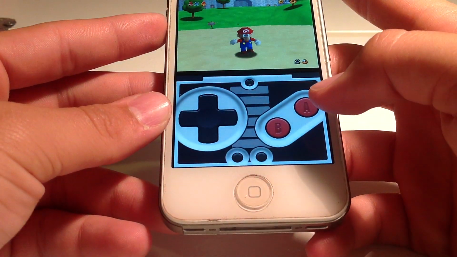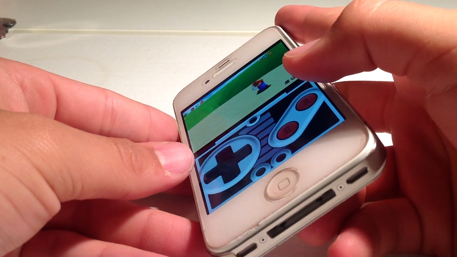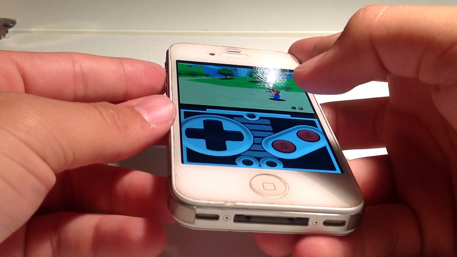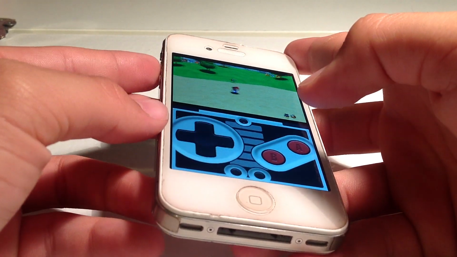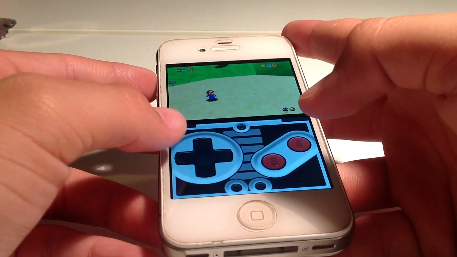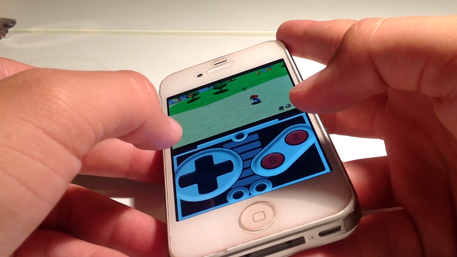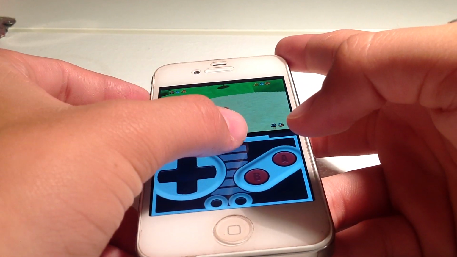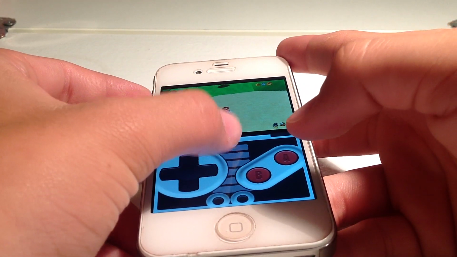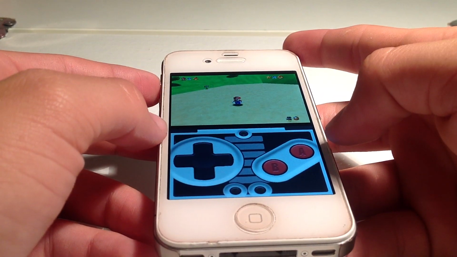And might I say that this N64 iOS emulator does play the game pretty well. I mean, everything runs very smoothly. The graphics look great, and it's pretty much an overall great emulator. We're just waiting for the next big update, and there's already an update on the way. If you want to see how this update will look, there will be a link in the outro,